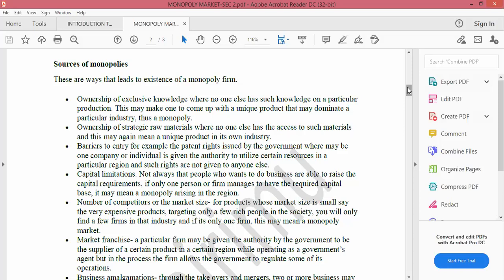KEMSA has appointed you to be the only supplier of the medication to the government hospitals. Maybe your transportation line, you have a fleet of vehicles that you can offer to KEMSA to be the supplier of the medication whenever it is needed in the government hospitals. So as much as you have allowed